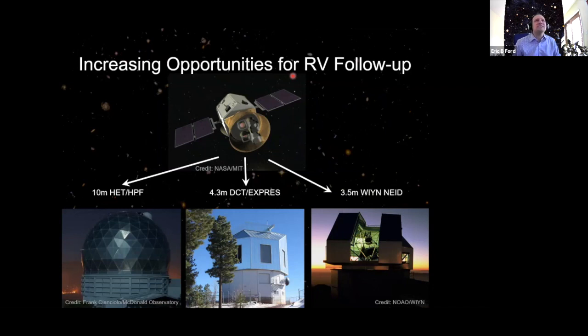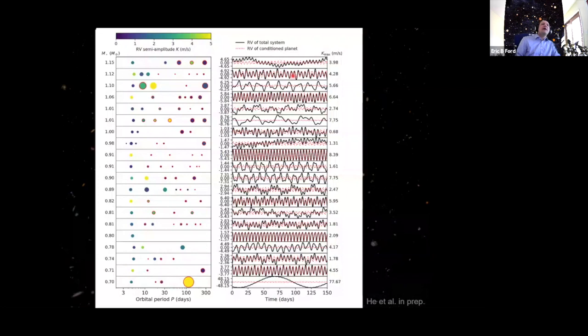So one thing you can ask is, based on what we've learned from Kepler, what do we expect to be out there when we see one transiting planet? Here we conditioned on there being one planet between 5 and 10 days that's detected via transits. What's going on? On the right-hand panel, you see the RV signature, in red, of the planet that we conditioned on being in the system, and then in black, of the total system. Sometimes these are quite similar.